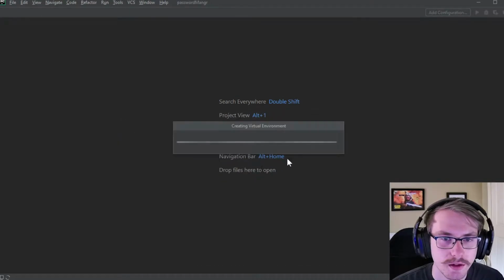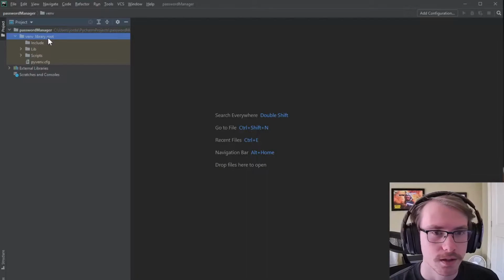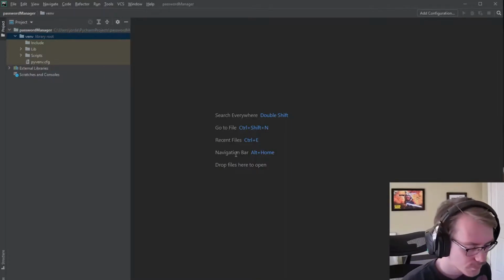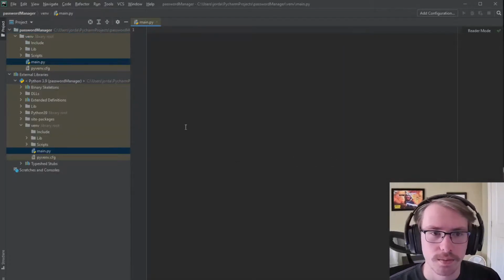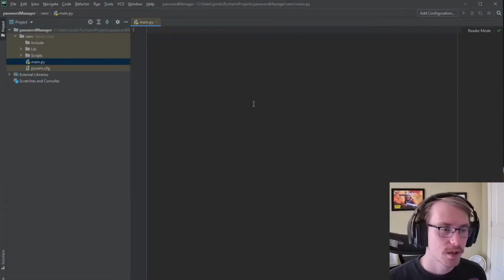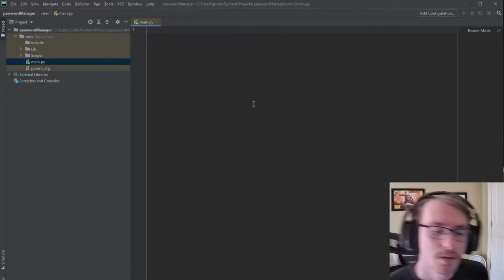Open it up here in this window, and then just give it a few moments for it to open up, create the environment and such. Now that your project is loaded up, under the venv of your project, go New, Python file. I'll just name it whatever. I'm going to name mine main. Open it here on the side and it should pop up, and we can get started with our password manager